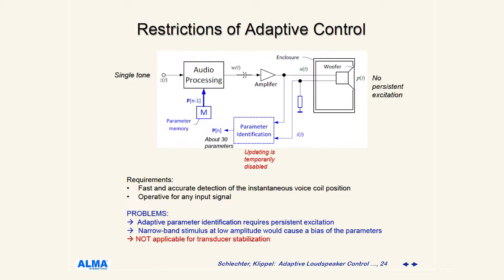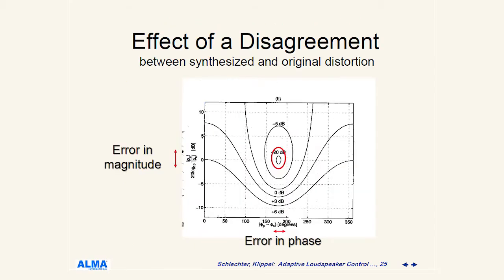And if we disable the parameter identification, we cannot assure perfect stabilization of the transducer. Our linearization gets worse, our protection system might not be perfectly adjusted, and the stabilization is not working well. So we need to do something, and our idea was, or is,